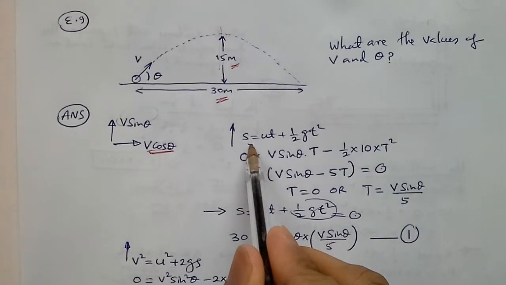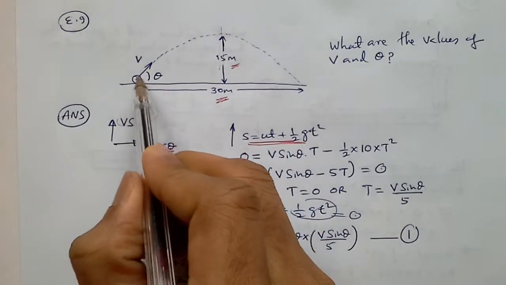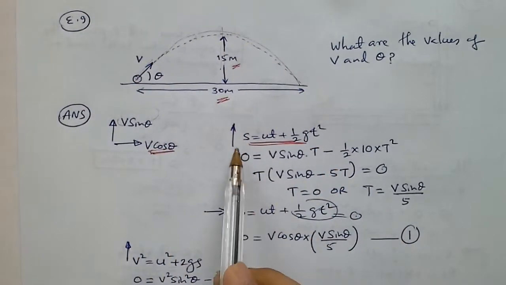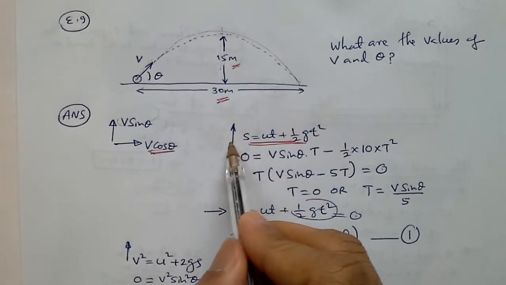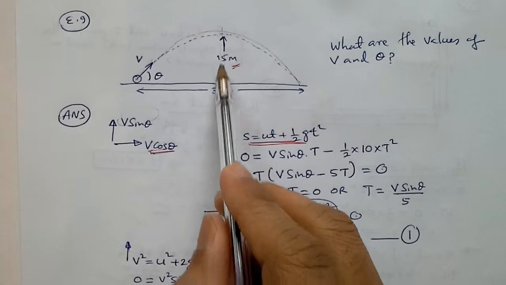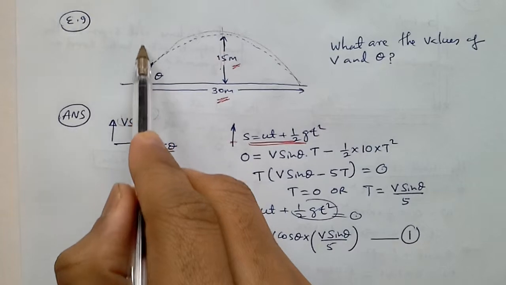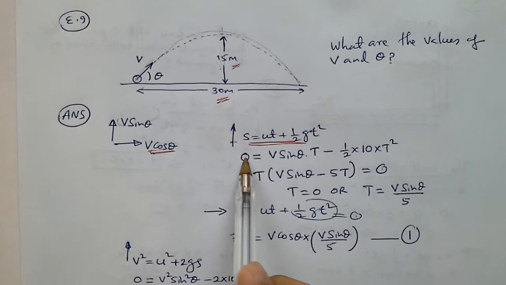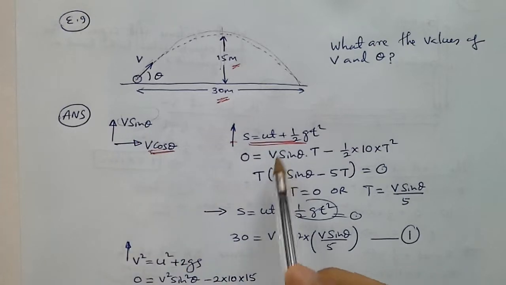I'm going to use s equal to ut plus half gt squared upward for the total journey. So if you throw the ball this way, for the complete journey I'll use s equal to ut plus half gt squared. In the upward direction, what is the total displacement? It goes up and comes back to the same point. So the total displacement is 0, which is equal to the upward velocity component, which we found to be v sin theta,